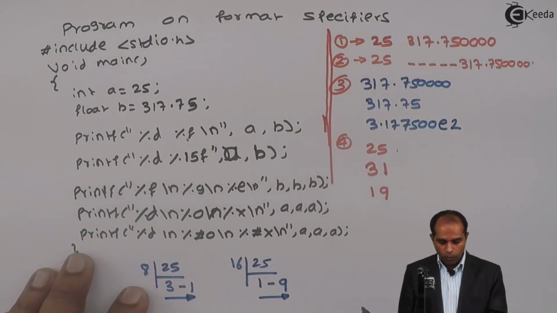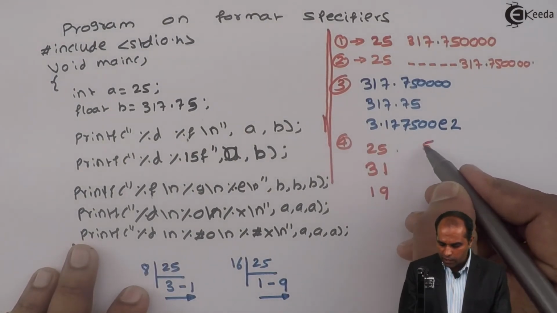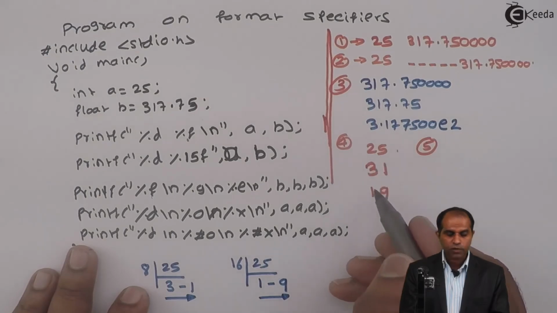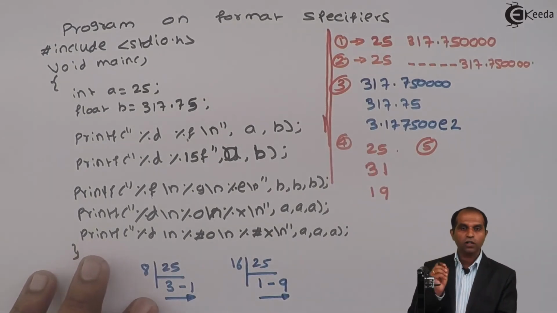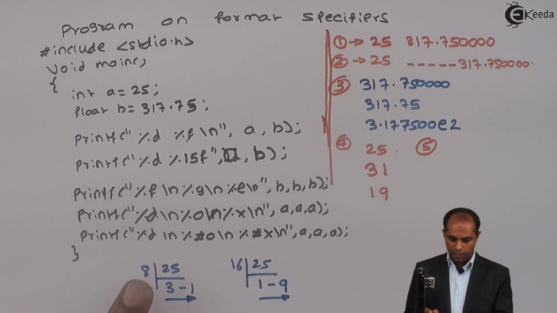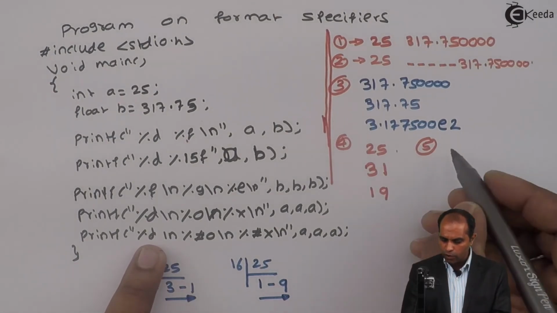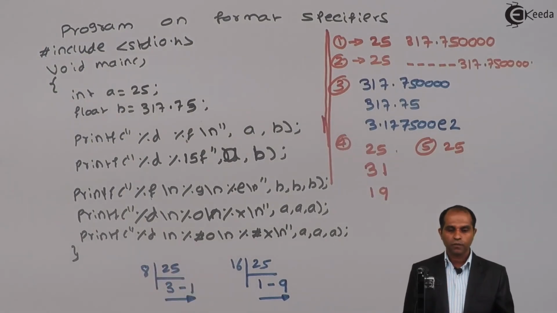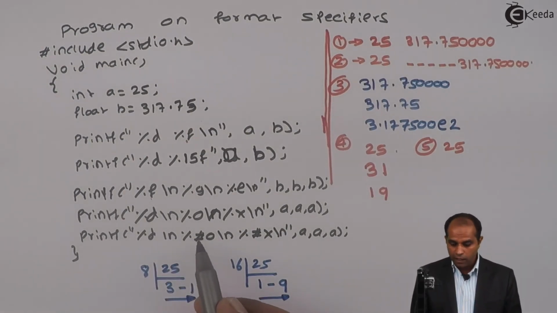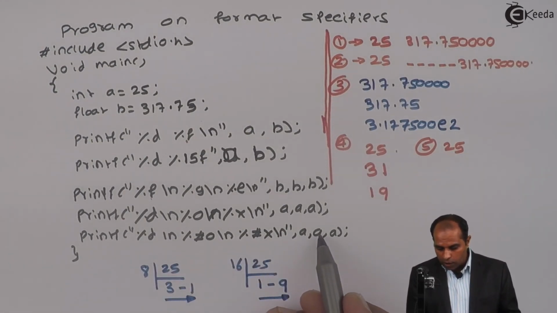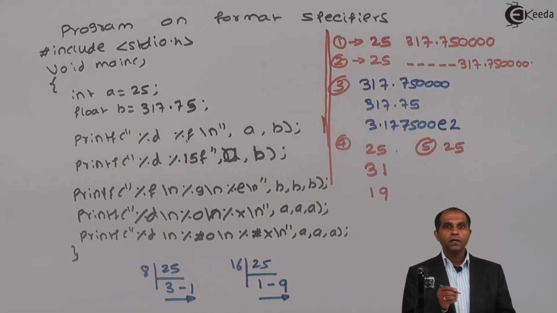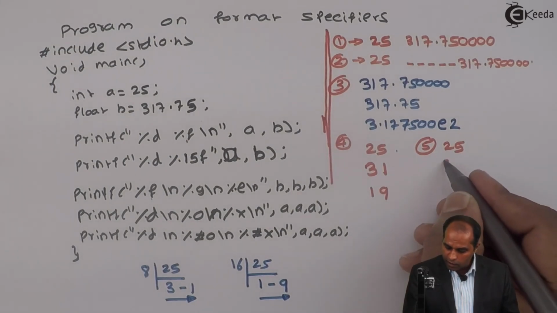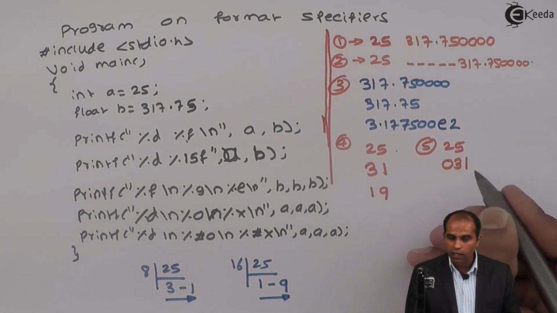Let's try the output for the last printf, that is the fifth printf. I'll write the output next to this because the outputs are going to remain the same except for a small change with the first digit. %d as it is, no guess for this, 25. %#o. The hash flag says that you are supposed to print the octal equivalent of a, but this time precede the number with 0. So on the screen you will get 0, 3, 1.